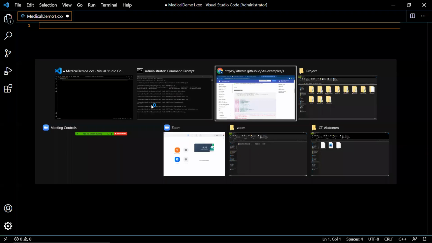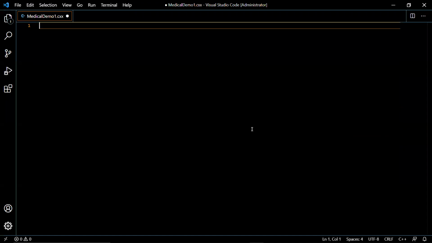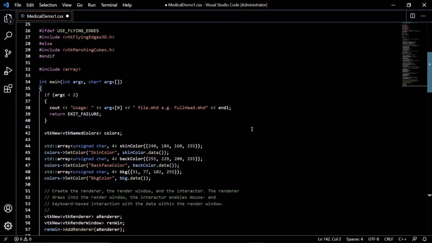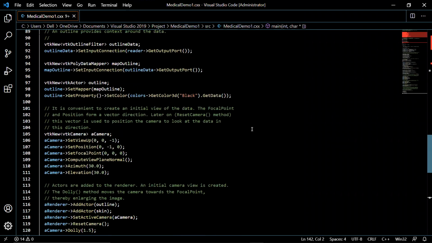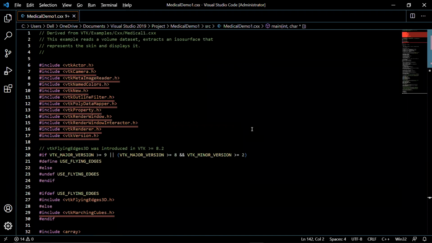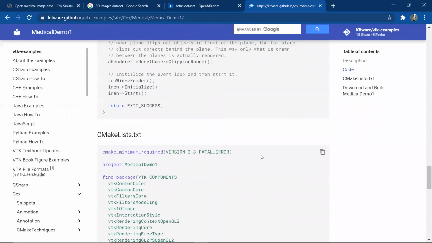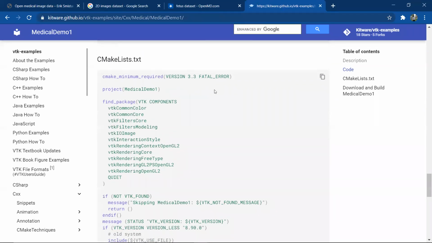Now we need to copy the C++ source code from the GitHub repository and paste it in this file. So this is how our source file has been made inside our source directory. Now we need to add one more file, that is our CMake text file, which will include all our directives.